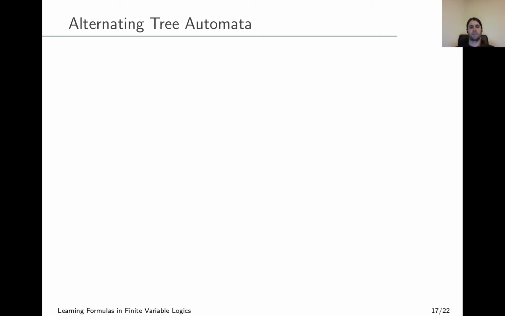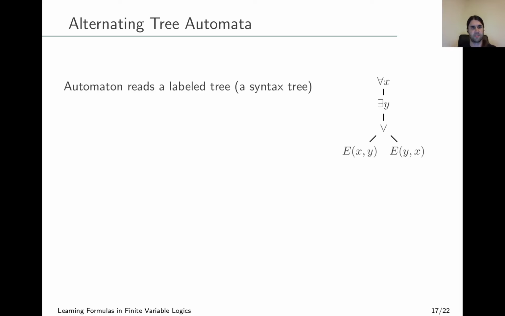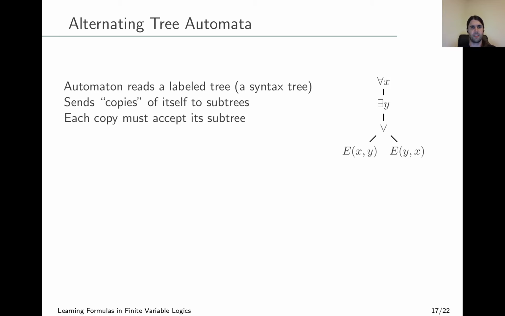Okay, so I said we want to define an automaton. What kind of things can we say? So we're defining a tree automaton. First and foremost, a tree automaton reads labeled trees. In our case, they're syntax trees. Maybe it's a syntax tree for a formula or a term. And the idea is when an automaton like this is reading an input tree, it's at a particular node in the tree in some state. And it needs to decide how to send updated copies of itself in new states into the subtrees,